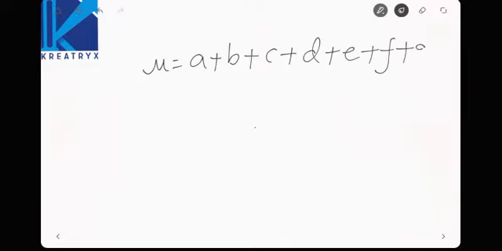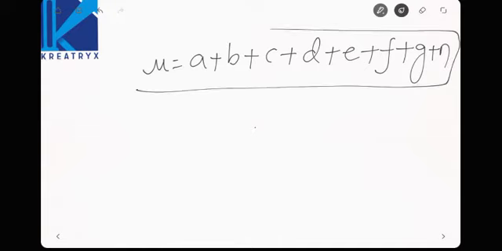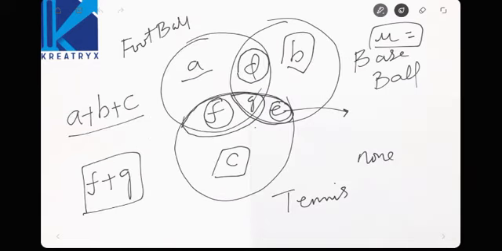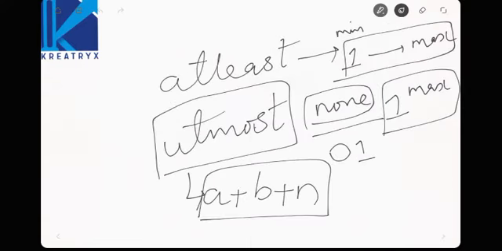Now what is mu, the total? Total is nothing but adding all the alphabets, you will get the answer. Mu is A plus B plus C, D plus E plus F plus G plus N, right? This is the total, right? We must add all the alphabets of the Venn diagram, including N, in order to get the total. Okay, these are the basic concepts for Venn diagrams, and this will be very helpful for your examination. Every year there will be one 2-mark question on Venn diagrams.